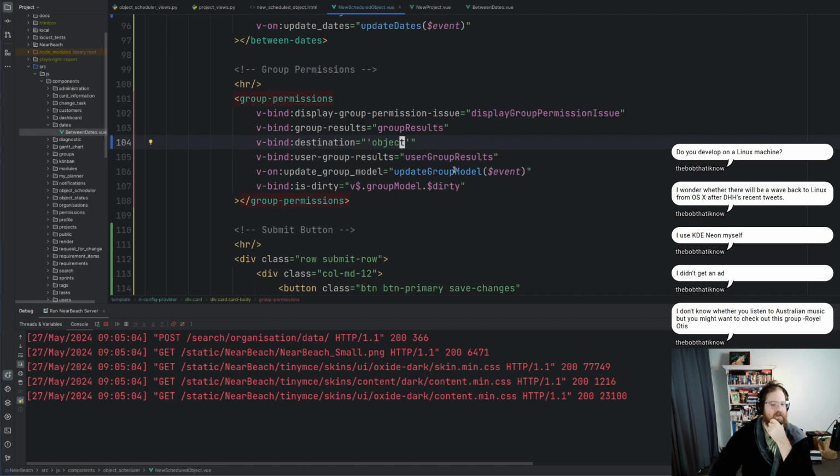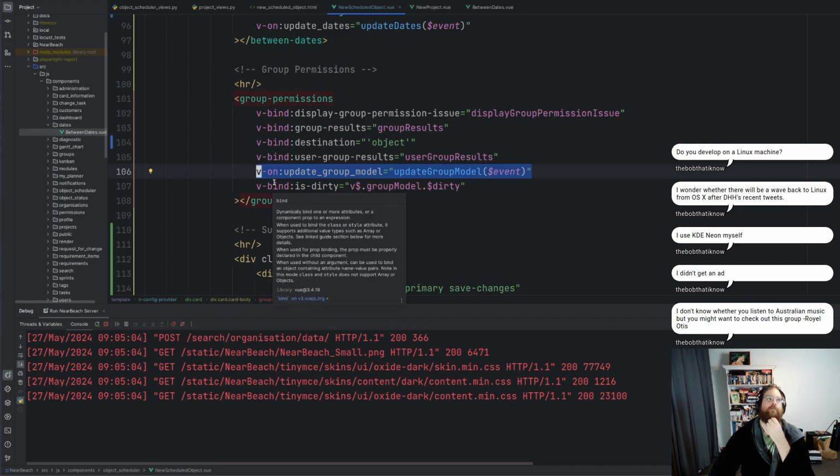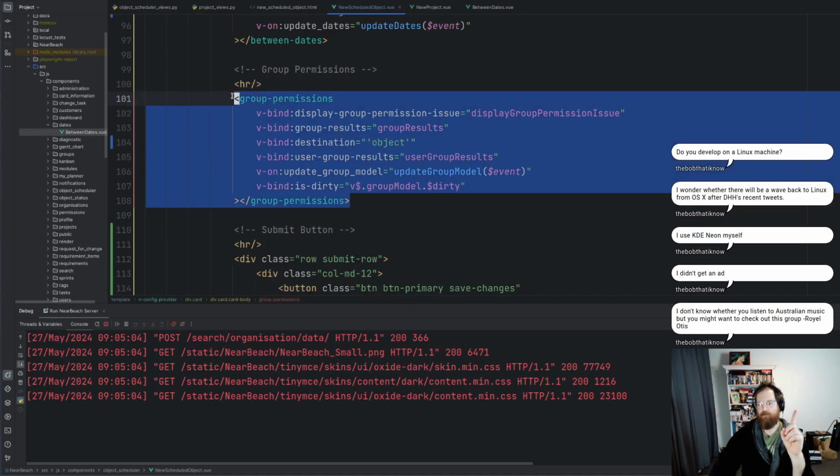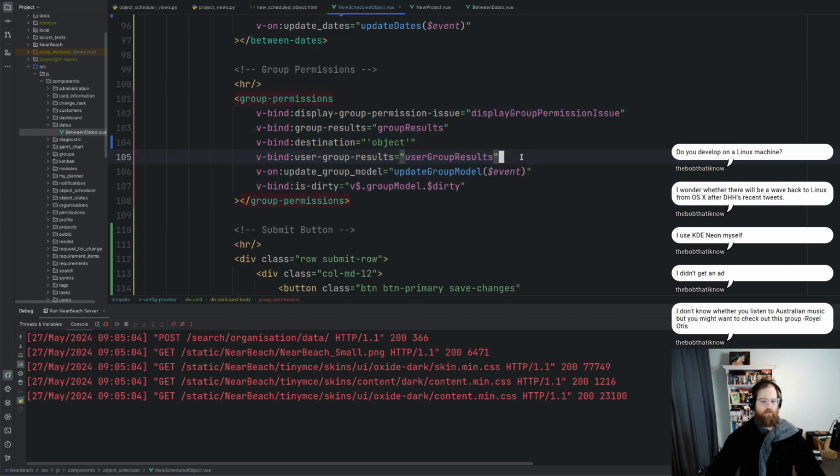Is I can port that information down into here. So we still want the user group results, and then update group model. We still want all of that. But we want to do the validation of the group model stuff in here because it's one place where we do it, not everywhere else. And for the moment, other places won't need it, but we can program them in as we go along. So